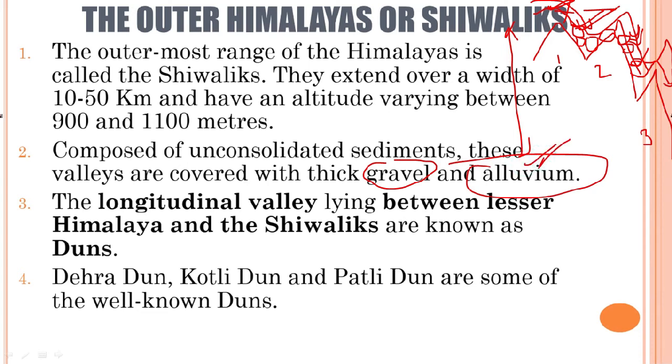So here near the Shivaliks, when we come down to 900 or 1100 meters, we get to see some finer particles, some finer sediments of silt, clay, alluvium, etc. That is why, when we come down to the Shivaliks, we see that the valleys in the Shivaliks are covered with gravel and alluvium. So this is why, students, we saw the first point which we had studied about